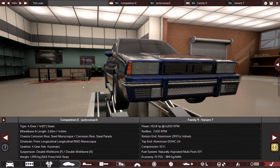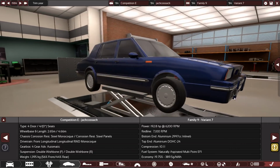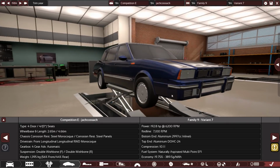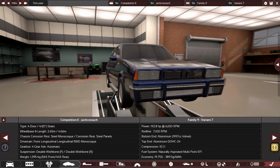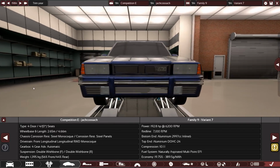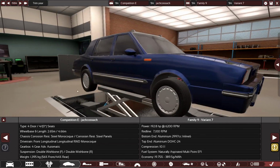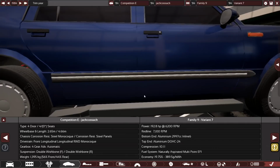Category E, the 80s Premiums. Yes, 3 cars have made it into the finals. And the first one we're going to take a look at is Jack Cossack. And this one definitely looks 80s. And really nicely made with...